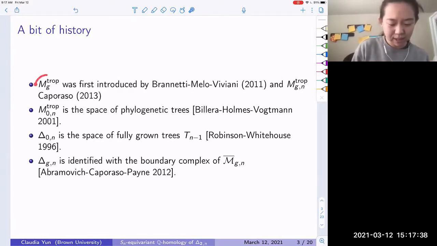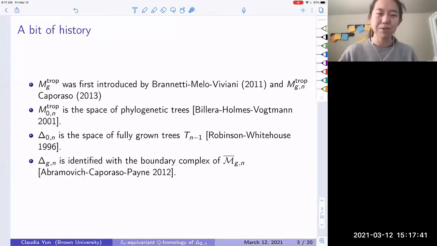So the space MTROP-G that parametrizes tropical curves of genus G, the definition, the construction that I'll be talking about today, was first introduced by Bernetti, Mello, Viviani back in 2011 as an effort to construct the tropical Torelli map. And the analogous moduli space parameterizing genus G curves with marking, with unmarked curves, was introduced by Caporaso in